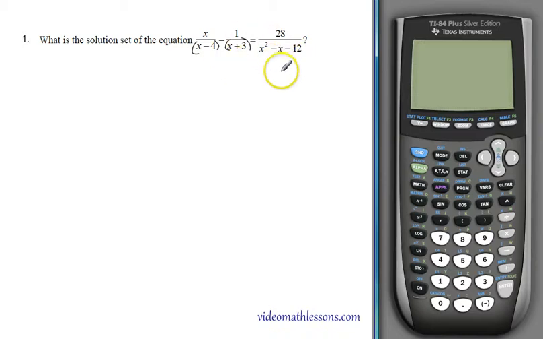Now, I don't like how this is set up already. I don't like the trinomial over here, so we're going to have to factor this. And I really don't like this minus right here. What we're going to do is move that minus upstairs. Now, if you don't know what we're talking about,